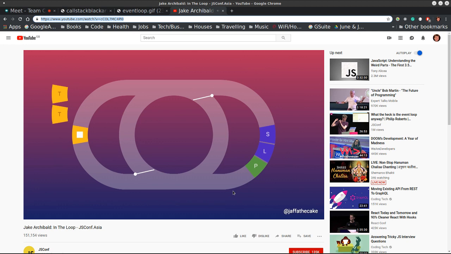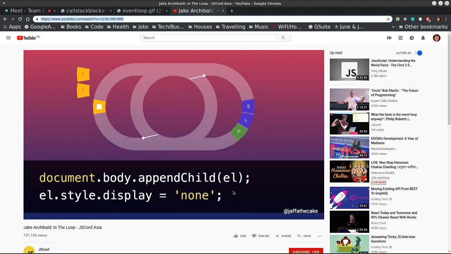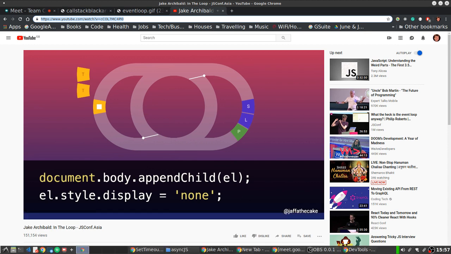But this is a good thing in practice. Look again at the code that I started with. I used to worry that this would result in a flash of content, but it can't, right? Because this script runs as part of a task, and that must